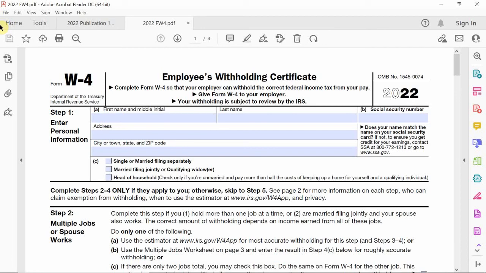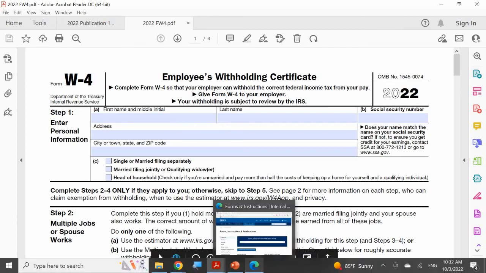So, beginning of the pandemic, right? They decided that we need to change up the new W-4 form for 2020, and then it's going to be continued on for the rest of the years to come, right? So in this case, the last time that you've ever seen a withholding will be 2019, all right? So that means now that it's fast forward so many years, this is how the new W-4 form is going